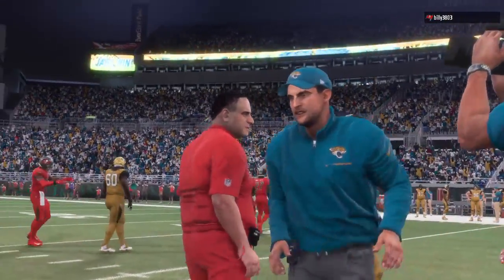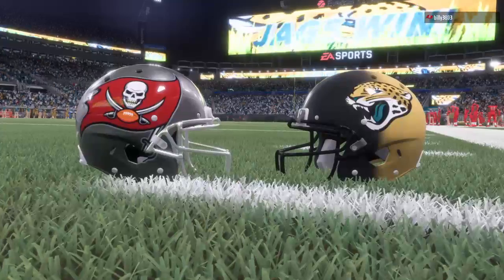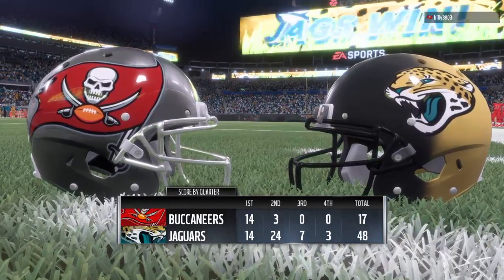And as an offensive coordinator, you just don't think you can do anything wrong. Whatever you call, run, pass, it's all going to work. That's called being in the zone. So for the Jags, it'll be a 500 start as the win gets them back to...